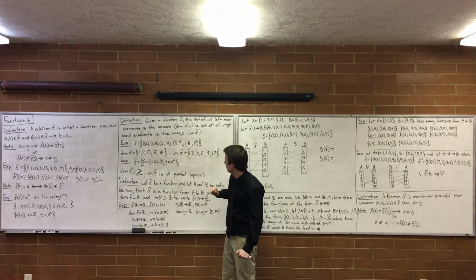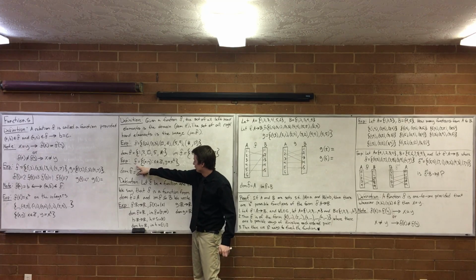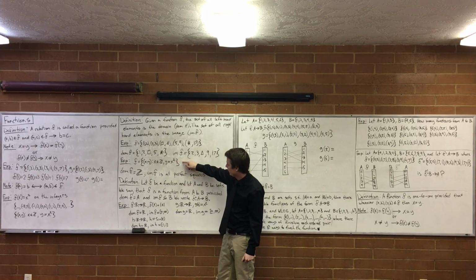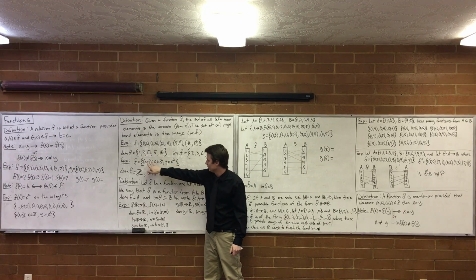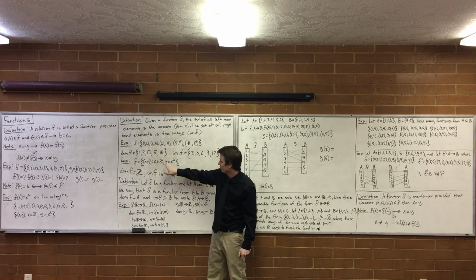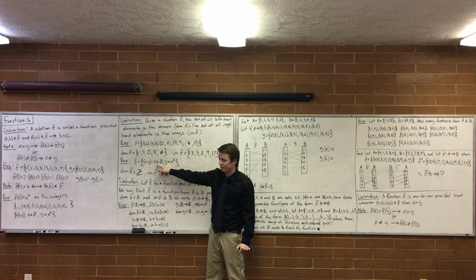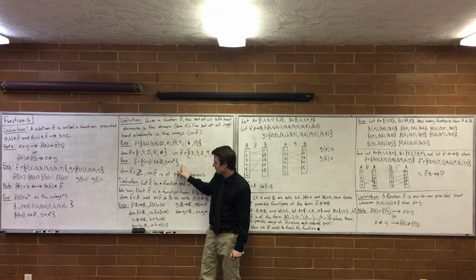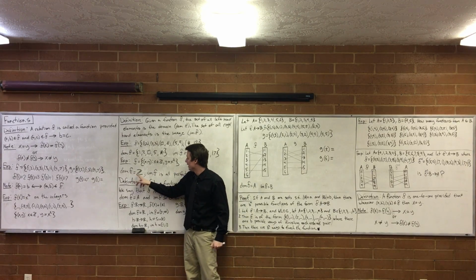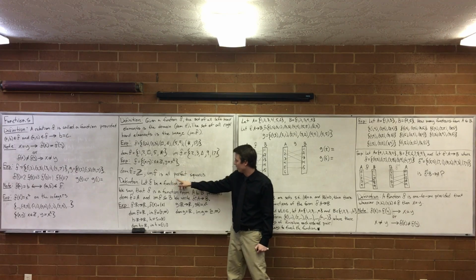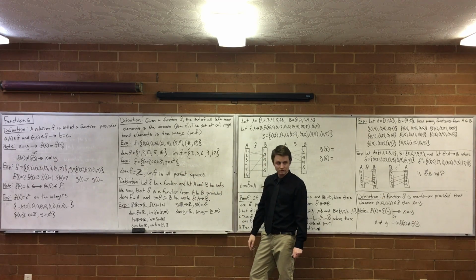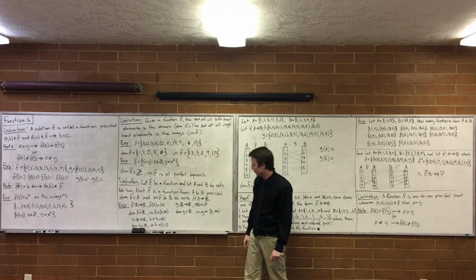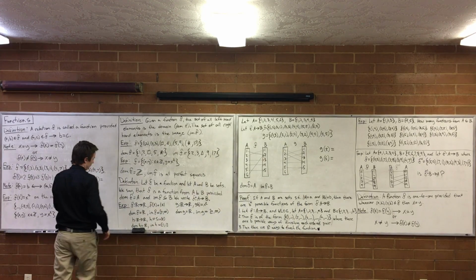So, another example. We already did this example. F is a set of all ordered pairs where the right-hand side is a square of the left-hand side. Same thing we wrote down here. What's the domain of this thing? Every integer, right? And then the image of this thing is going to be all perfect squares: 0, 1, 4, 9, 16, etc.